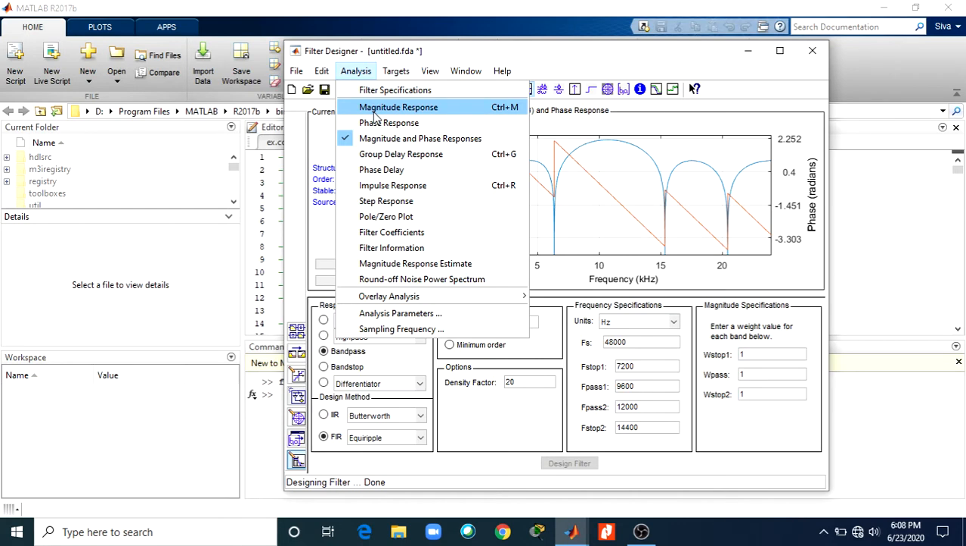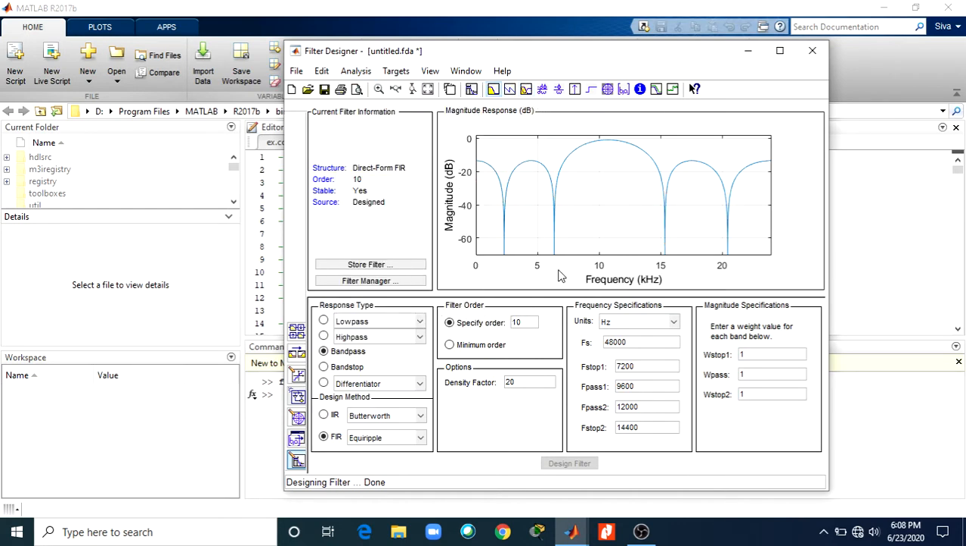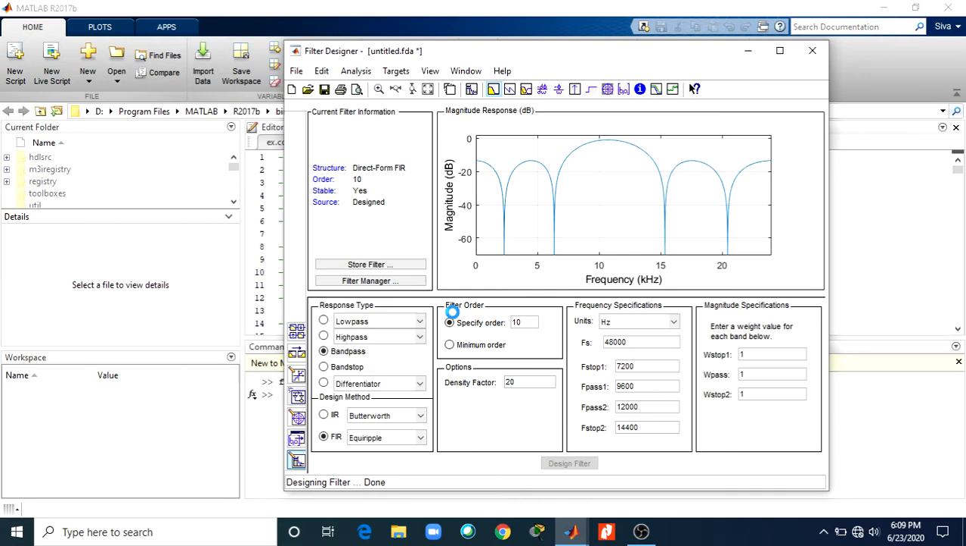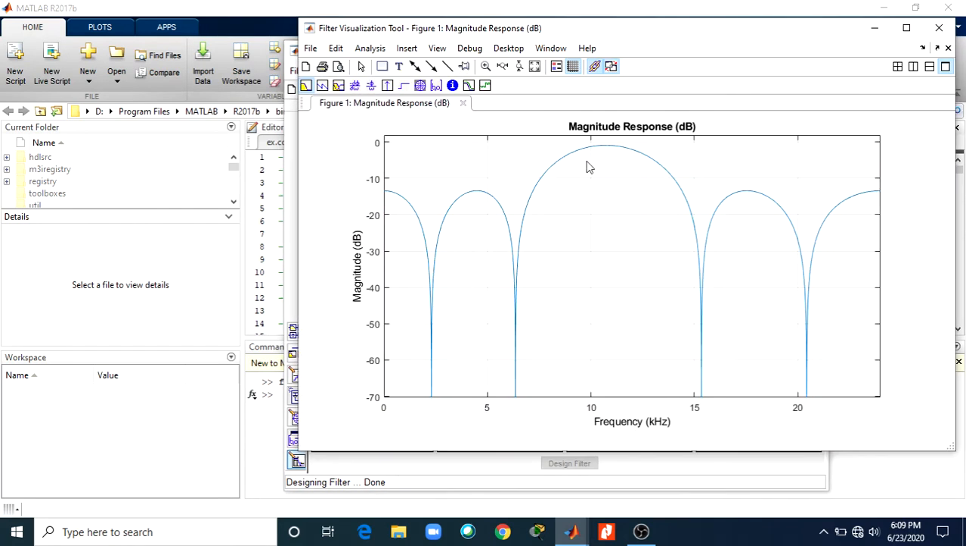For example, if you want to see the filter specifications, it also changes this one. Once you click the go to analysis window and the filter visualization tool, you can click here. Directly your magnitude response is coming like this. This is by using the data pointer. Once you click on the response,